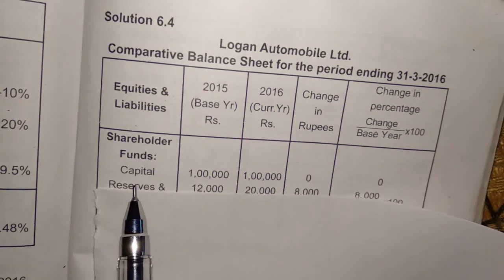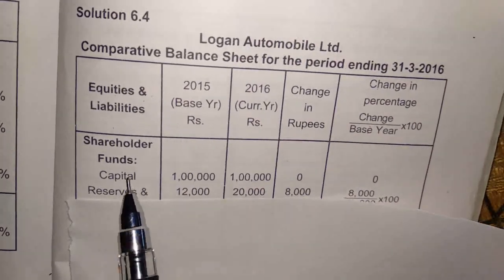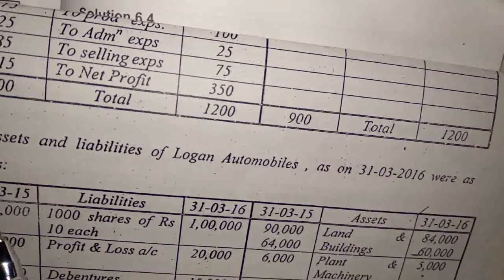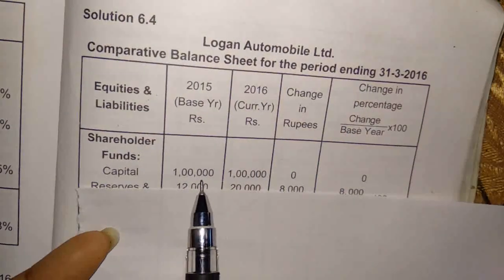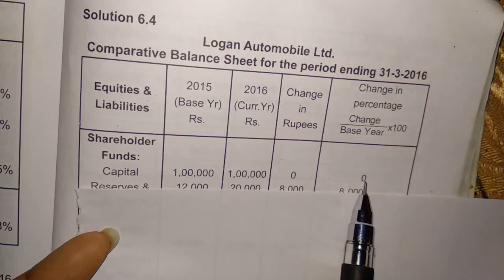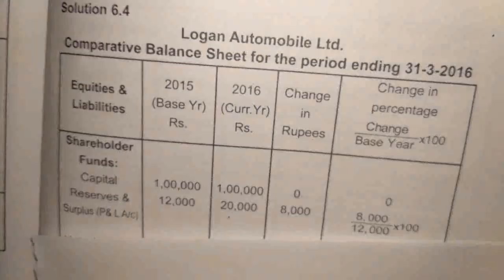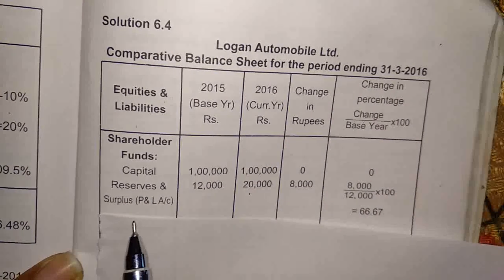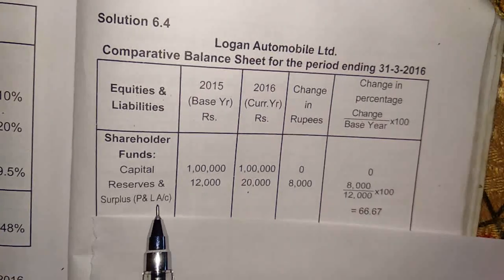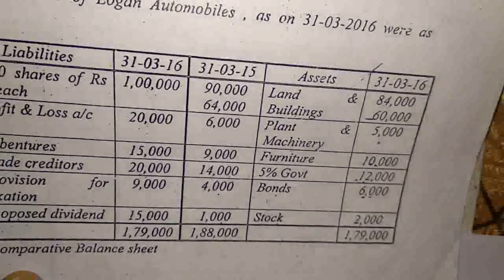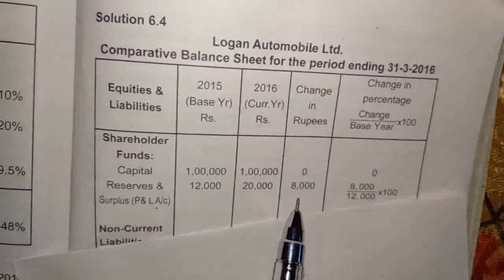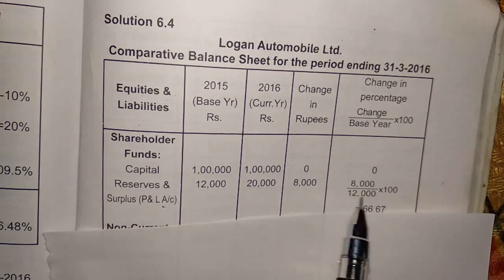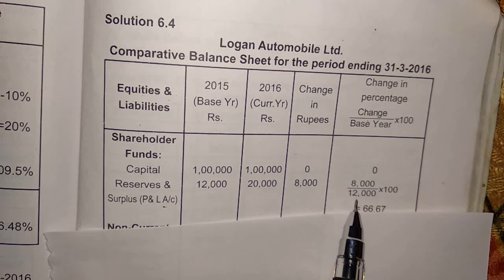So capital, share capital. Share capital 1 lakh in the previous year, and in current year it is 1 lakh. So share capital is 1 lakh, 1 lakh. There are no changes in rupees as well as in percentage. Second comes under reserves and surplus, that is profit and loss account. Profit and loss account in the previous year is 12,000 and current year it is 20,000. So change is positive 8,000. Change in percentage is 8,000 divided by 12,000 into 100. It is